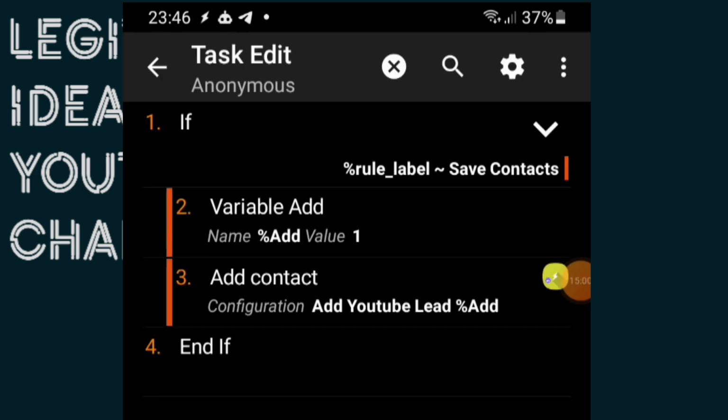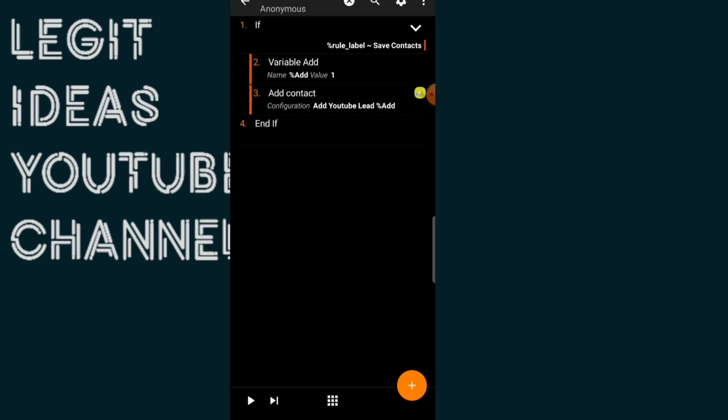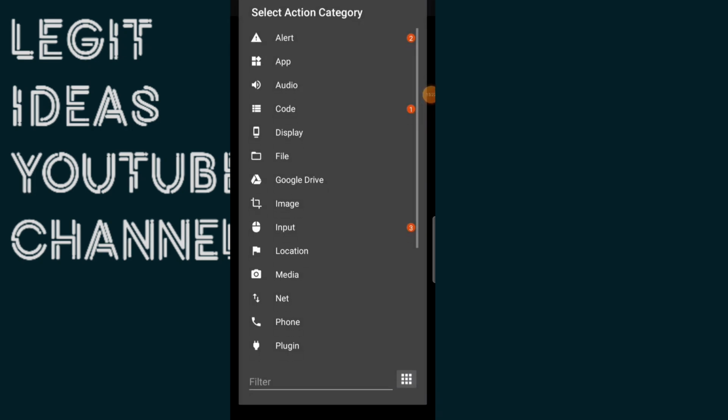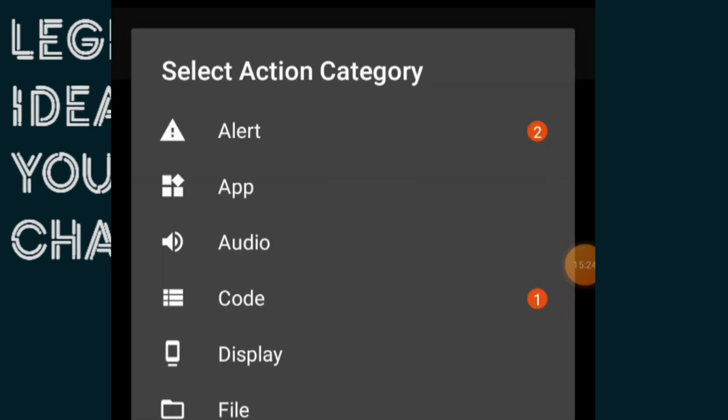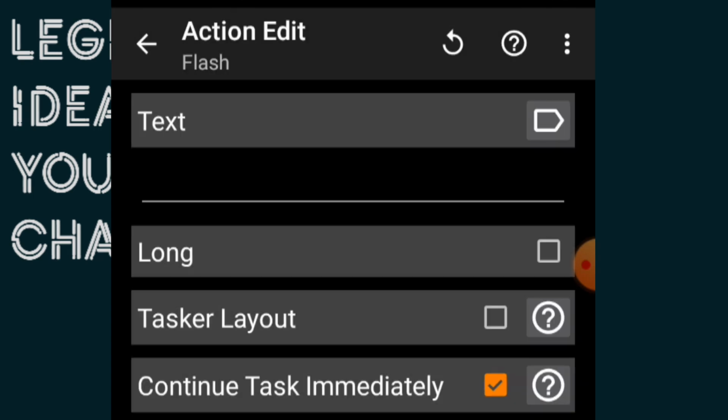That's it. So the next thing I want to do right here is to create an alert. So if all this is actually working, there should be something to signify, to tell us that this contact has actually been saved, right? So for us to do that, we just tap on this plus button again. Then we click on alerts, flash. Then from here we just put contacts is saved